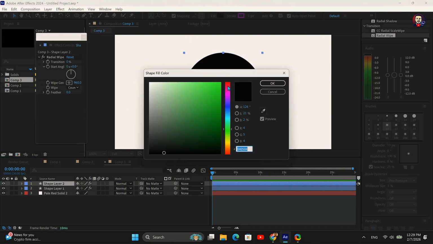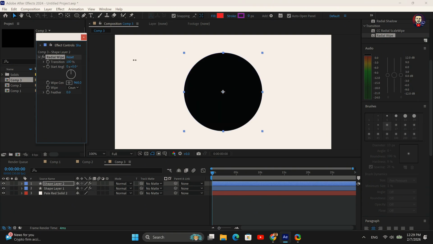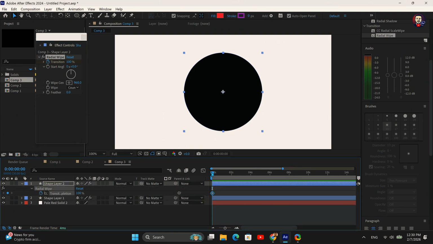Select the top layer and change its color to red. Set its transition completion to 100. Add a keyframe. Press U to reveal the keyframes. Move the timeline forward slightly and set the value to whatever percentage you want. Now,